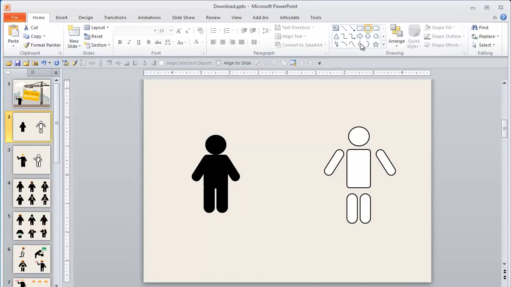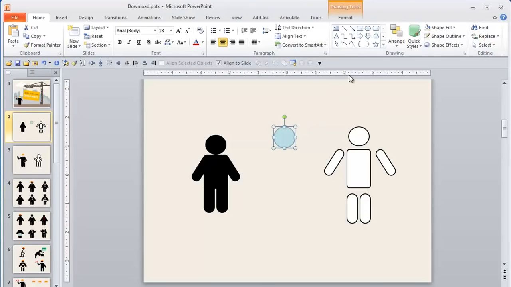I'm just going to go and grab my circle tool here, put a circle there for the head. I'll go grab my rounded rectangle, size it about like that. Now with my arms and legs, I'm going to grab that same rounded rectangle, and I'm just going to take this little adjustment